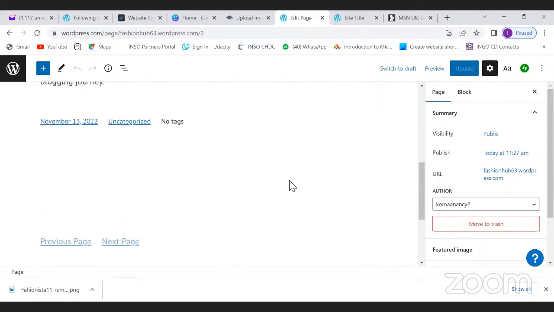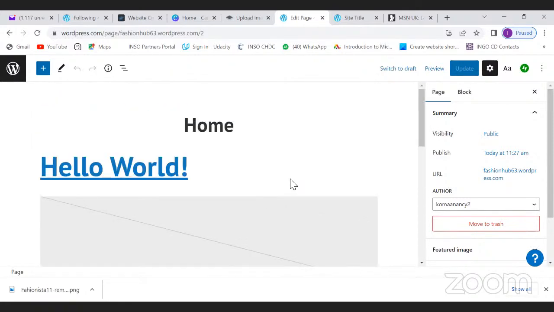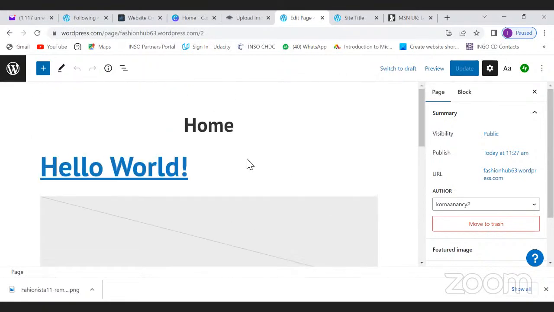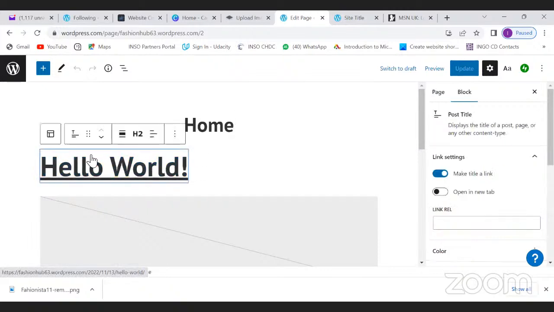So this is how the home page looks. So you start editing it from here. You can see it has the word home, which is what will appear, and then this is your heading one. So if I wanted to edit this text, I can click on the text box here, and then you can change it. If it's a heading 2 or a heading 3, you change from here. So the home page, if I wanted to change,